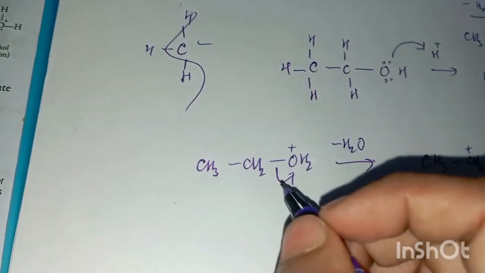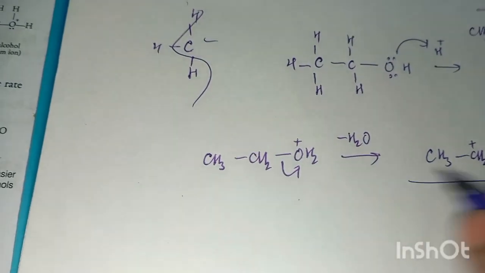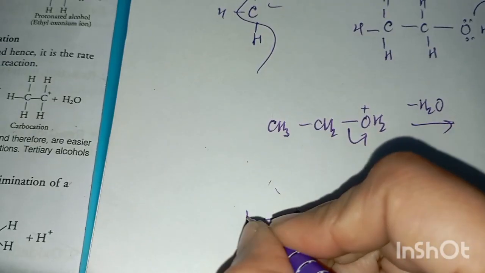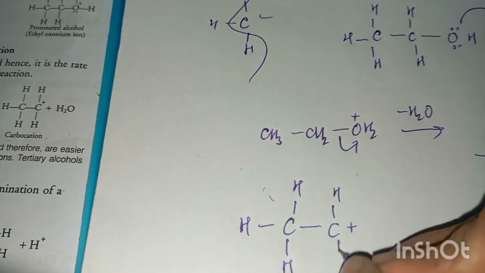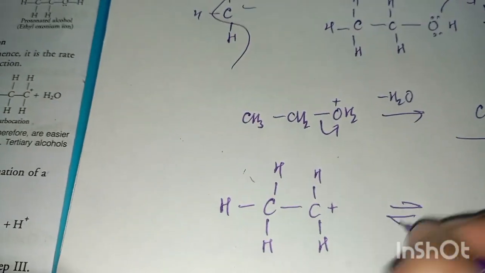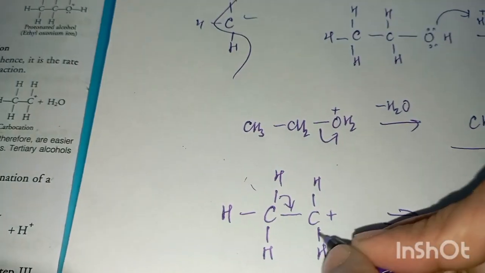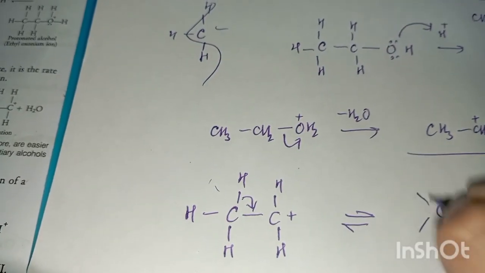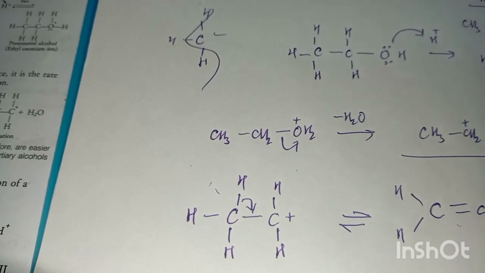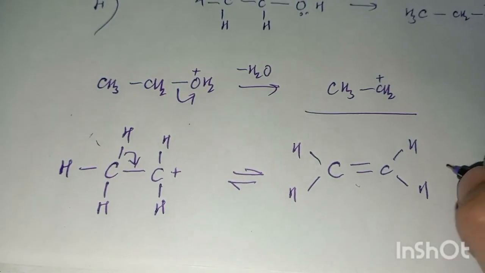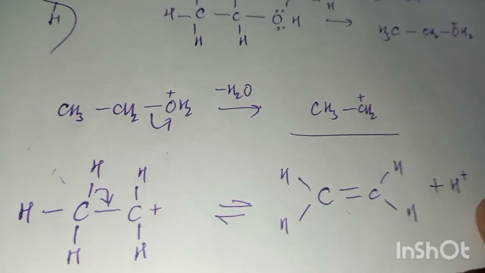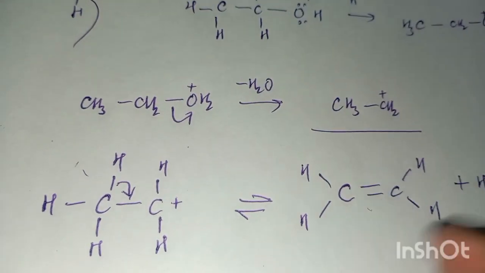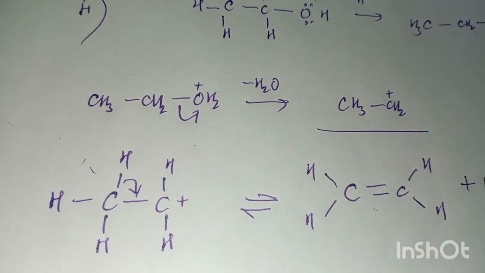Now step 3. Step 3 is the formation of ethene by the elimination of a proton. Step 2 is the rate determining step. Which is step 2? Formation of carbocation. So the acid used in step 1 is released in step 3. See, the H plus has come out. So to drive the equilibrium to the right, as ethene keeps forming, we have to remove it. Understood?